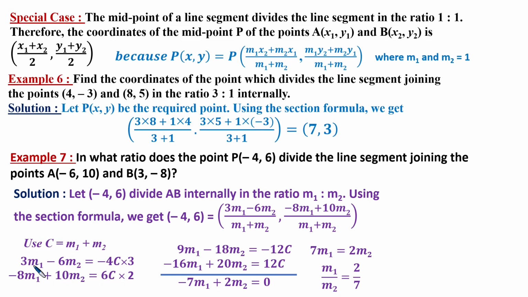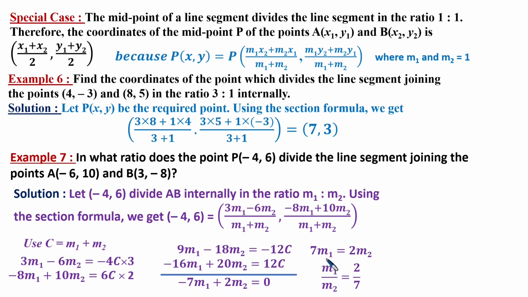Now since I have to find m1 and m2, I get rid of this c by multiplying 4 into 3 is 12 and 6 into 2 is also 12. So I write it here. So this is minus 12c, this is plus 12c. If I add it, it goes to 0. So 20 minus 18 is 2 and minus 16 plus 9 is